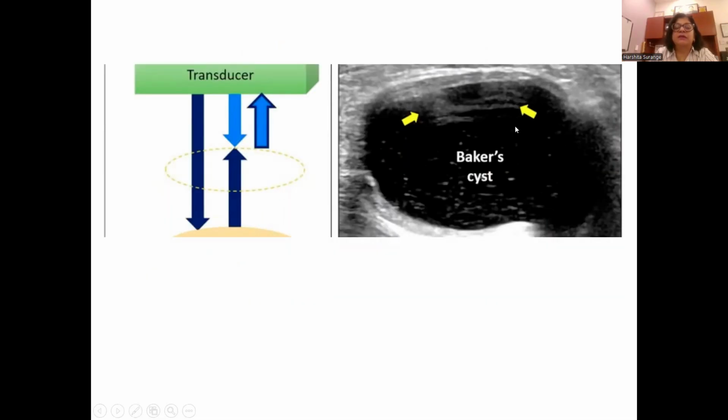Now, what is happening here? This is a Baker's cyst. And here in this Baker's cyst, you can see some debris right here. Okay. Is this a debris? No, this is not. This is again because of the refraction artifact, because when the ultrasound beams suddenly meet a structure which has got a very different impedance, some of the ultrasound beams start reflecting from there. So this is what is happening because of the sudden change in the reflectivity. The ultrasound beams start reflecting from all these areas, and you start seeing this debris or this echogenicity, which may appear as an infected cyst, but which is not. This is again a refraction artifact.